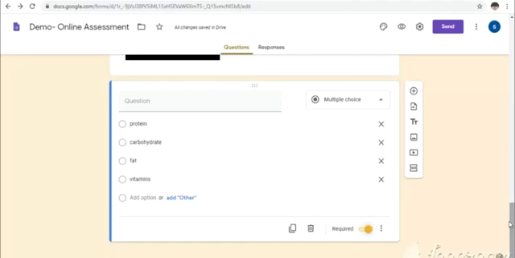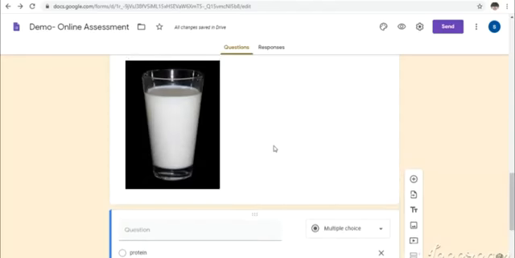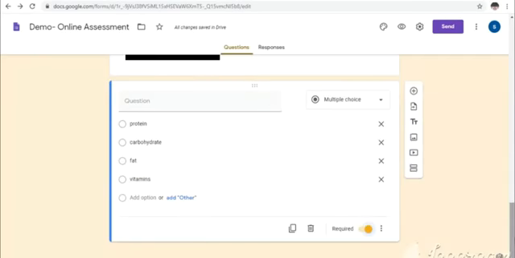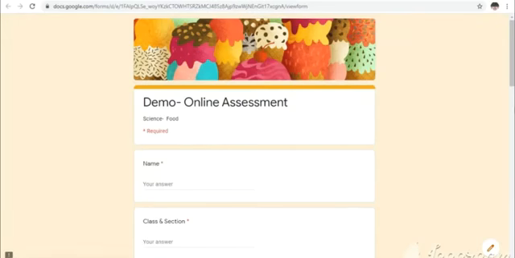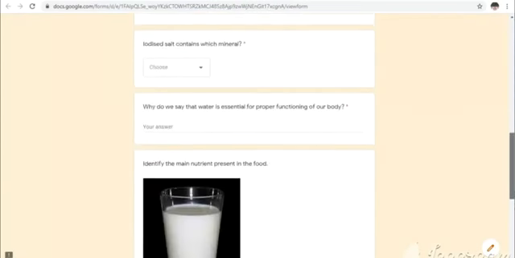If I wanted to add a video before they attend a question, or if you wanted to give some justification for your answer, you can even select a video from the option here. Okay, so this is how you have to proceed with your Google form. So this is a preview of the form which we have created.